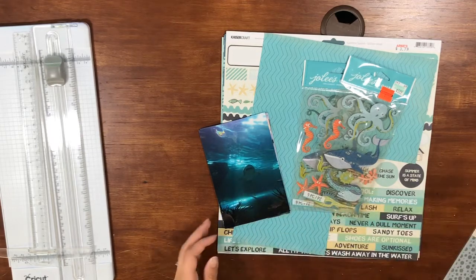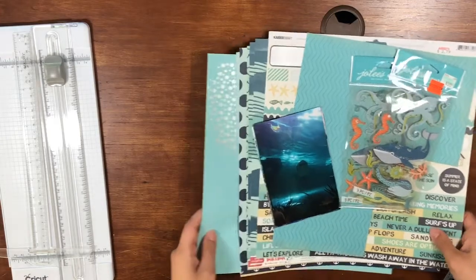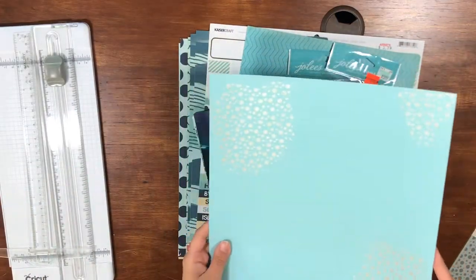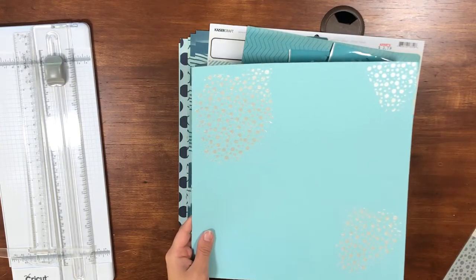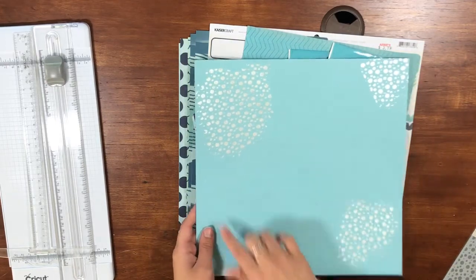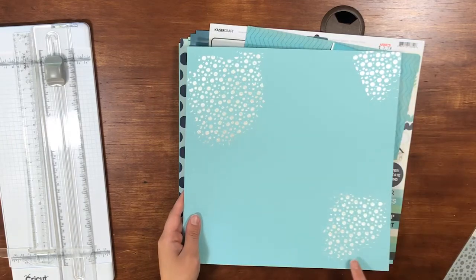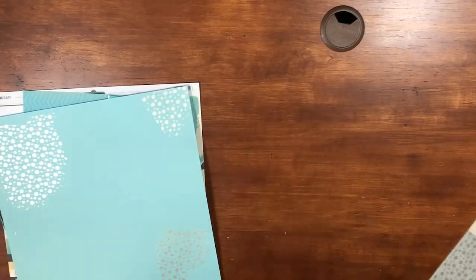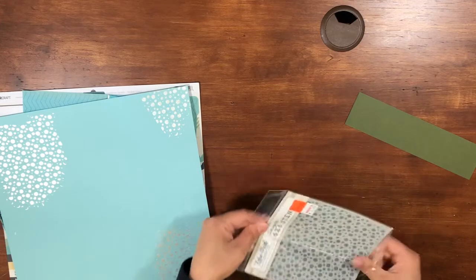I was messing around with it yesterday, so I have already used it through a stencil here. I will give you a quick tutorial on how I did it, but it needs to dry, so I wanted to try it out first and then be able to use it in a video right away. So I did this last night, but we will jump in and I will show you how I did it. So I just have the stencil from Echo Park